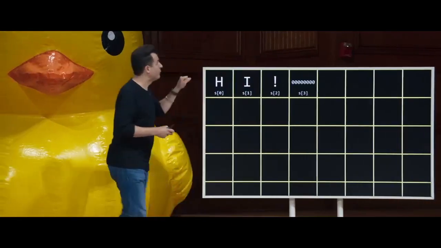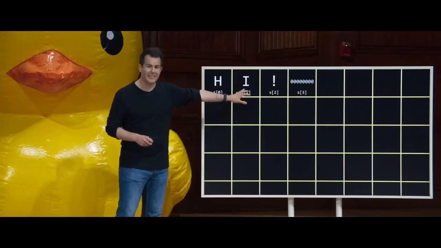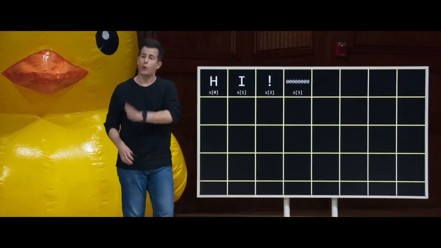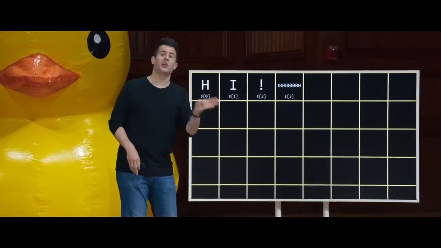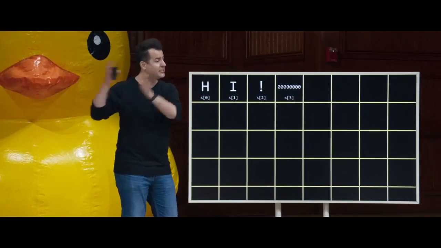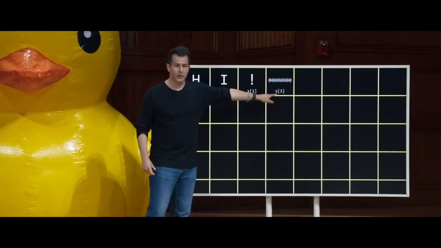So I was correcting myself verbally a moment ago because I said that this string is of length 3. It's 3 bytes. But it's not. Every string in the world, both last week and now this, is actually n plus 1 bytes, where n is the actual human length that you care about, hi exclamation point, or 3. But it's always going to use 1 extra byte for this so-called 0 value at the end.